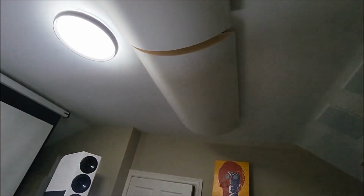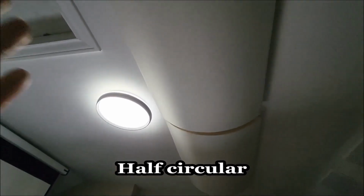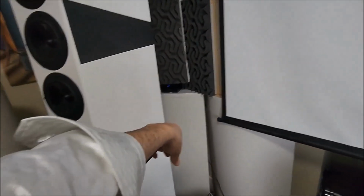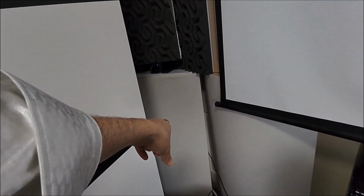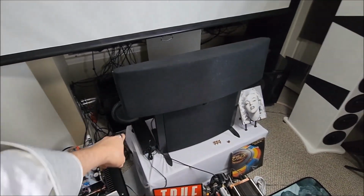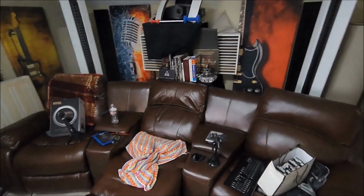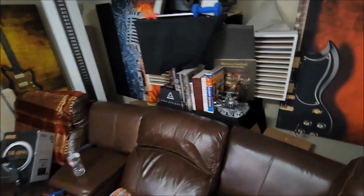oval bass traps, as well as absorptive for all frequencies. That's the one good thing about a bass trap, it impacts everything. And then I've got another one here, another triangular one here, another one there. This is a flight case here, totally filled with insulation. So 1, 2, 3, 4, 5, 6, 7, 8, 9 bass traps in this small room to even out the